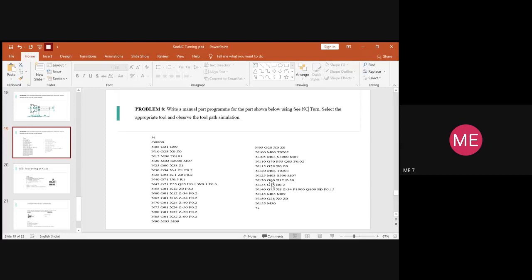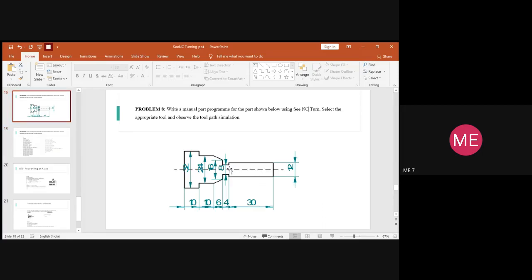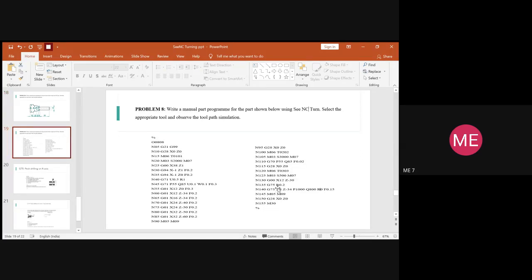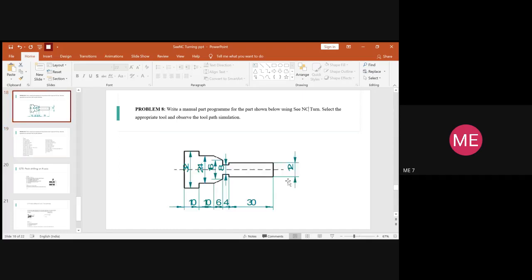So you know G00 stands for rapid traverse, and you will bring the tool as per the requirement. Where we need the groove cutting, X is equal to 12. So you have to bring the tool near to the value of X is equal to 12. You will type the value here as X is equal to 12 and Z as minus 30, because the tool has to come over here.